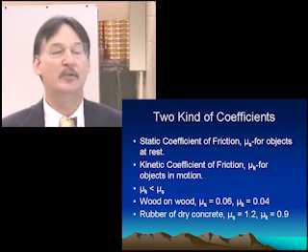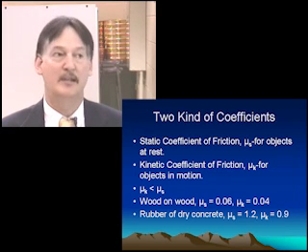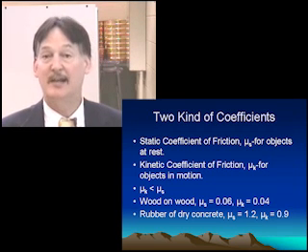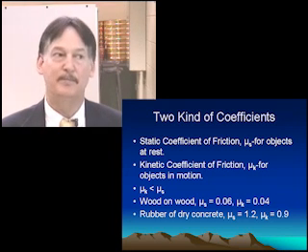And you can see that for wood on wood, the coefficient of friction for when an object is at rest, 0.06, is higher than the coefficient when it's moving, 0.04. So we call these two different coefficients static and kinetic, where static is the one where the object is not moving. It's always higher than the kinetic coefficient for when the object is moving. Notice that rubber tires on dry concrete have a coefficient of 1.2 when they're at rest,